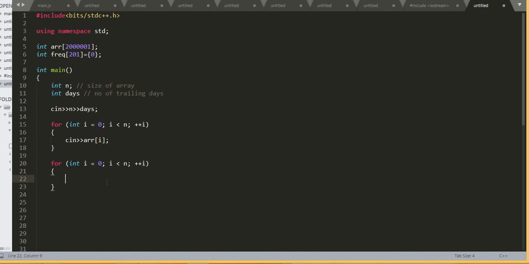We need the trailing days data in order to check if that particular period's median is less than half of the expenditure on the ith day. That will help us make the decision. So in this case, I'll check if i is greater than or equal to days, and here we'll write code.